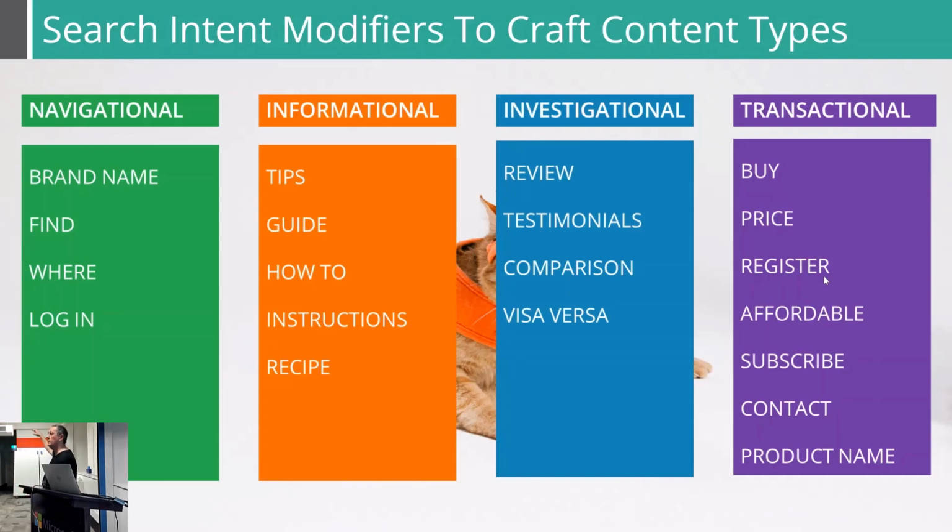You can have a look at your Google Analytics and see where people are traveling through your website and where they're coming in at the different types of articles. If you find people are right at the top of the funnel, looking at your tips, guides, and how-tos, but you're not getting any traction on testimonials or reviews, you need to beef up your investigational content. Similarly, if people are hitting your website and blogs but not buying from you, that shows you need to put more time and attention into the bottom of the funnel and create information that's going to push people down that way.